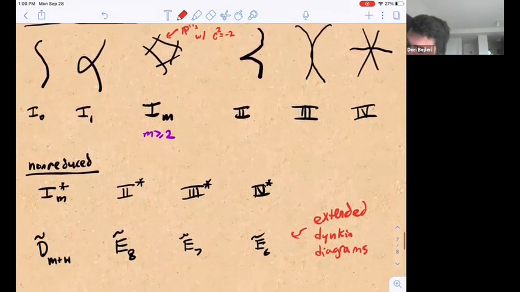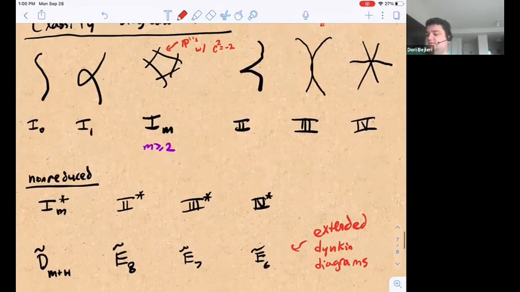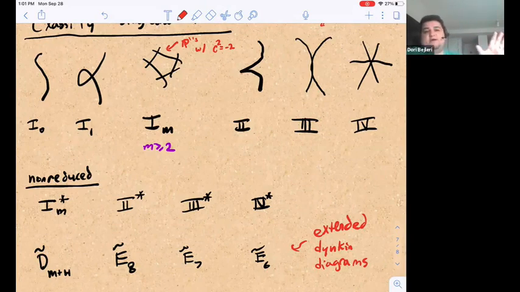And maybe I should say a word about where you get this classification, or why you might expect these Dynkin diagrams to come up. So the idea is, first you have to classify the possible singularities that appear on genus 1 curves. You know that whatever these singular fibers are, they have to have arithmetic genus 1. So that's why you can have things like a cusp, or a tacnode, or these 3 things meeting at a point. But then for all the other ones, where you have nodal crossings, just two branches meeting transversely,